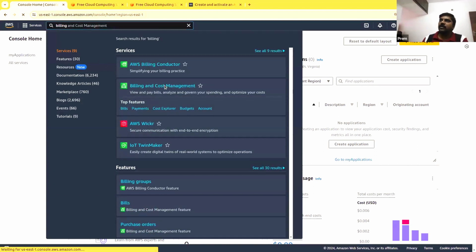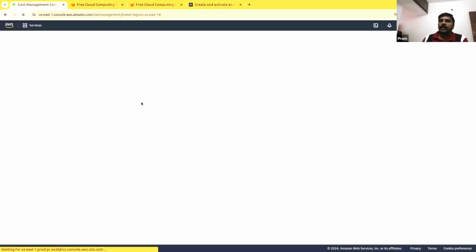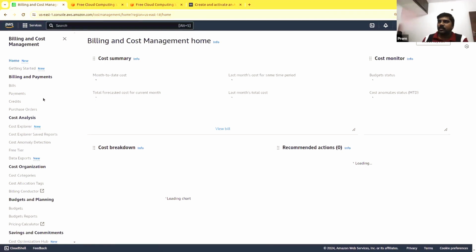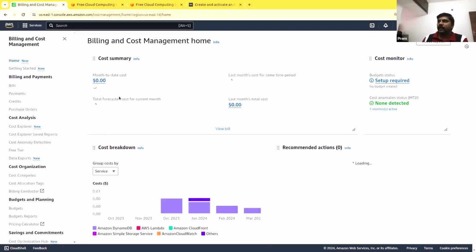This is the most important thing if you are a root user. And here is where we will go ahead and see what services we are using, how our cost is coming, and many things.